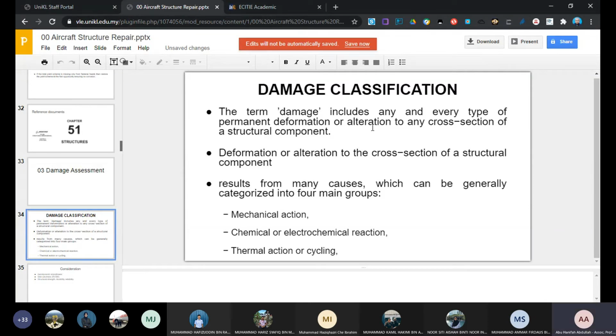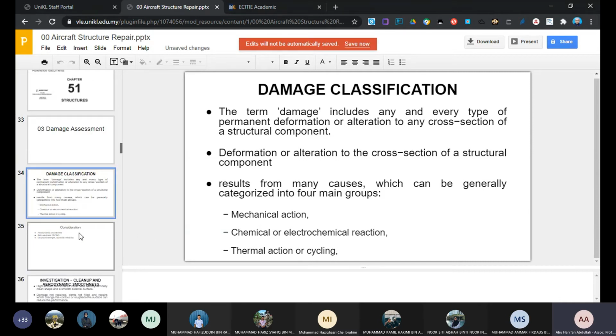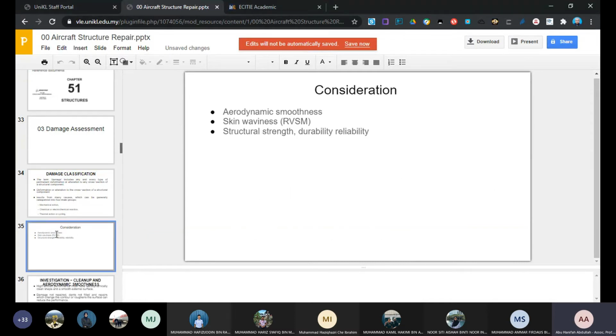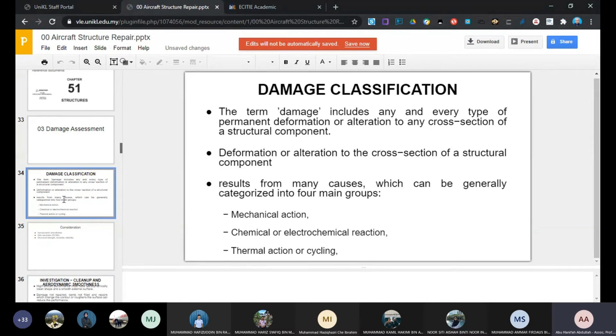Okay. The damage can be caused by mechanical, chemical, electrochemical action, thermal action, or cycling. Mechanical, obviously, like we have explained earlier, is the truck hitting the aircraft, or someone maybe stepping on some part of the aircraft. Chemical or electrochemical reaction could be corrosion. So those are the types of items or actions which can cause damage to the aircraft